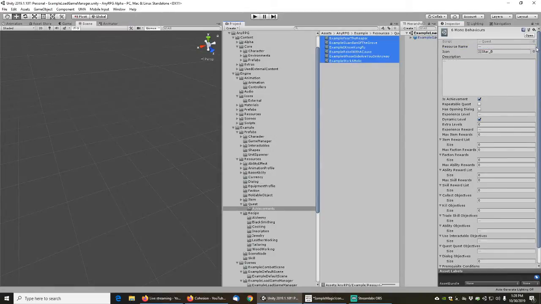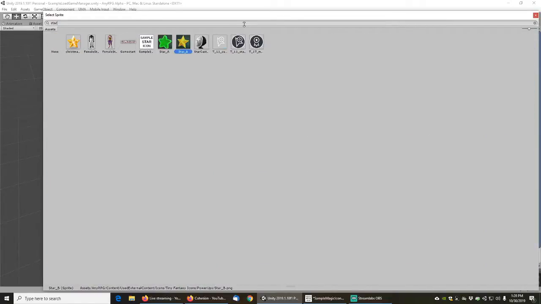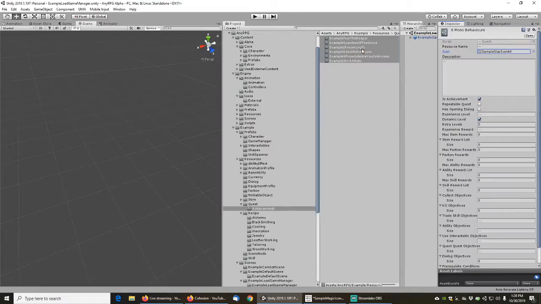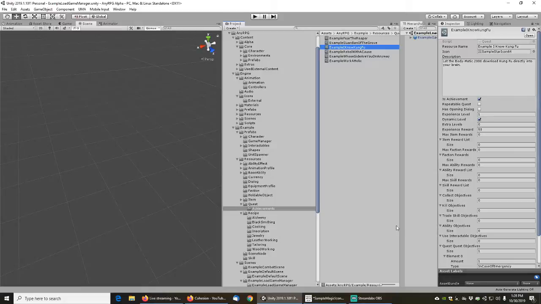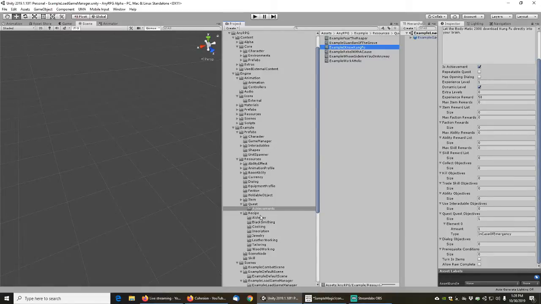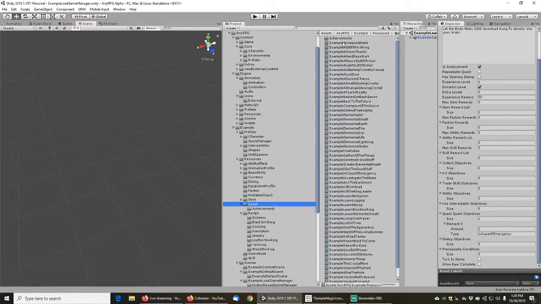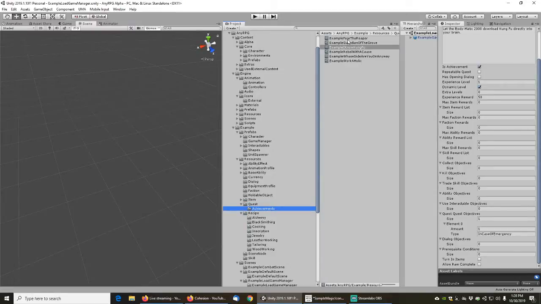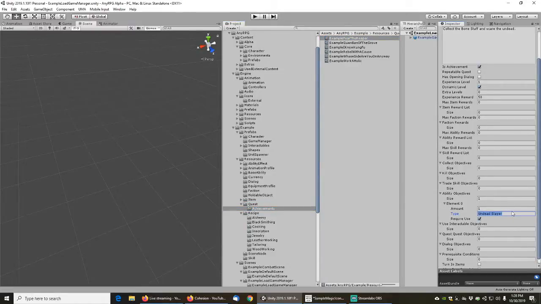Okay, and all the achievements just have stars, so pretty sure I've got a sample star icon there. Okay, so then we want to go through and update. Actually, I'll just do the achievements first. So we want